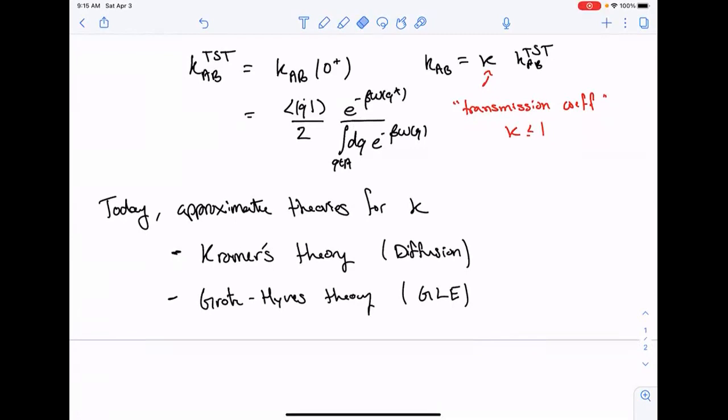So what we should expect is that variables that encode some of the dynamical behavior, like what the diffusion constants are, what the frictions they're moving through the system with are, should start entering into corrections through this transmission coefficient.